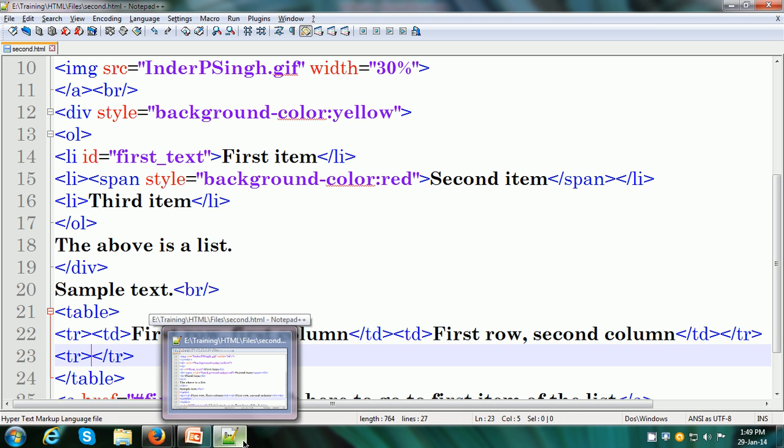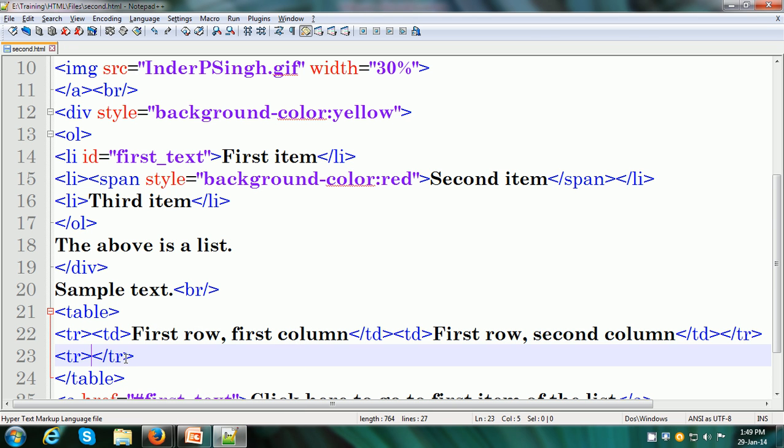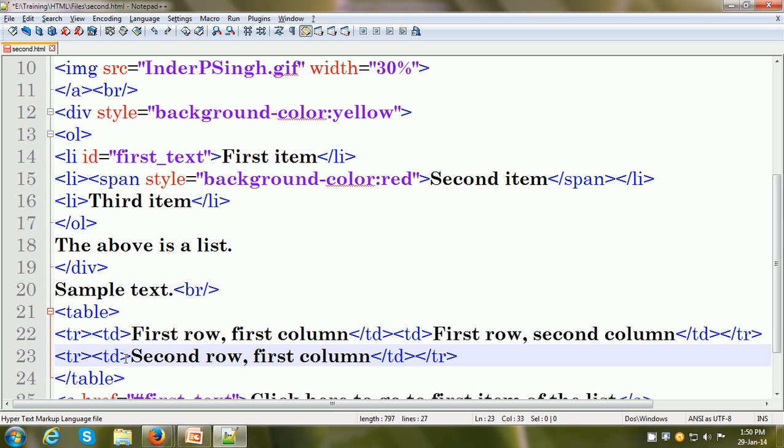So let us build the second row also. So I'm going to first of all put the second row first column. So td opening and closing tags, and this is second row first column, and here I can put td opening and closing tag, and this is second row, second column.